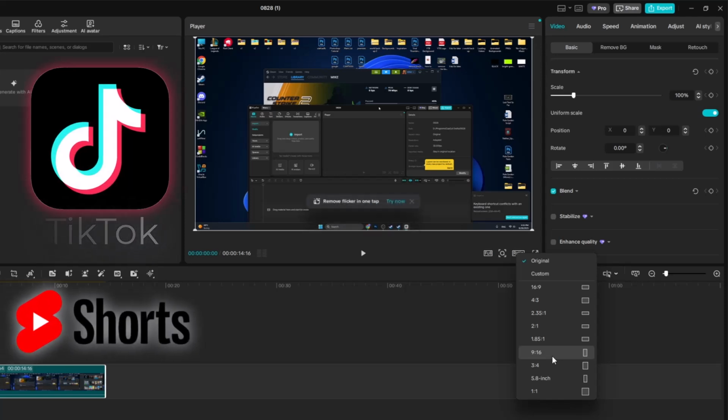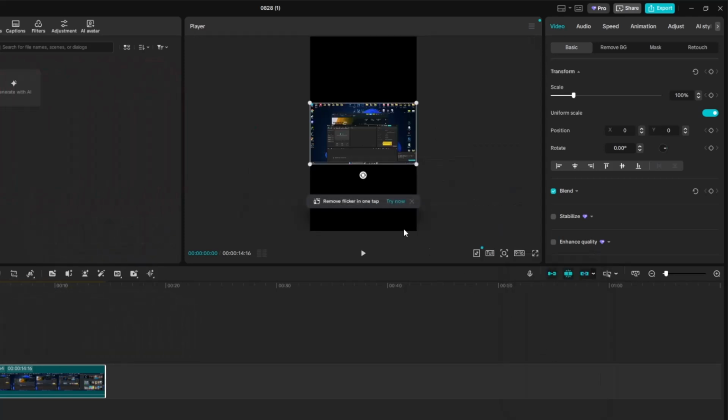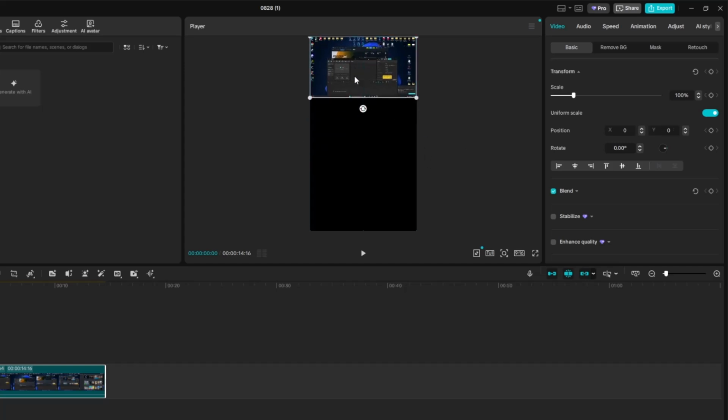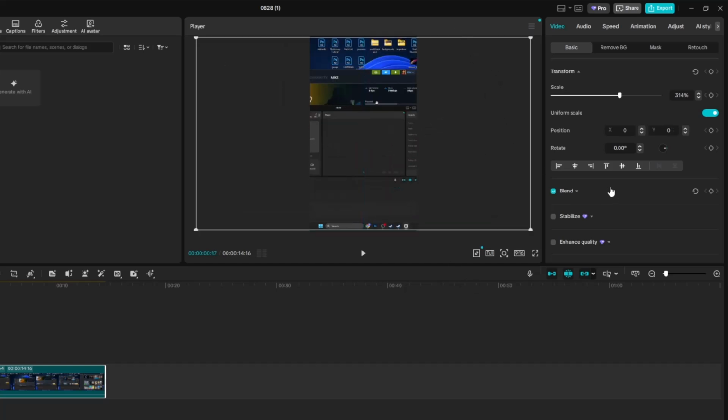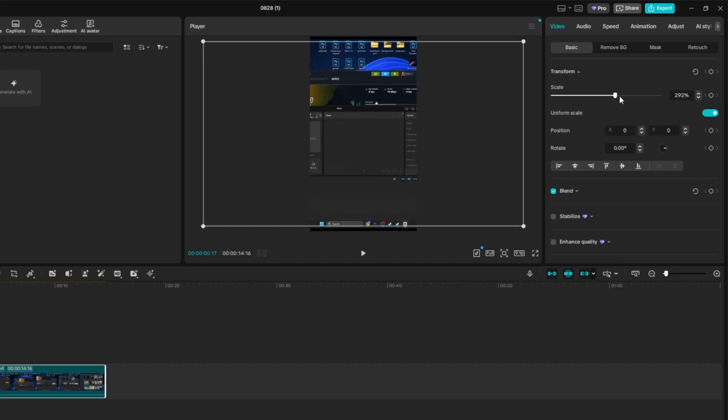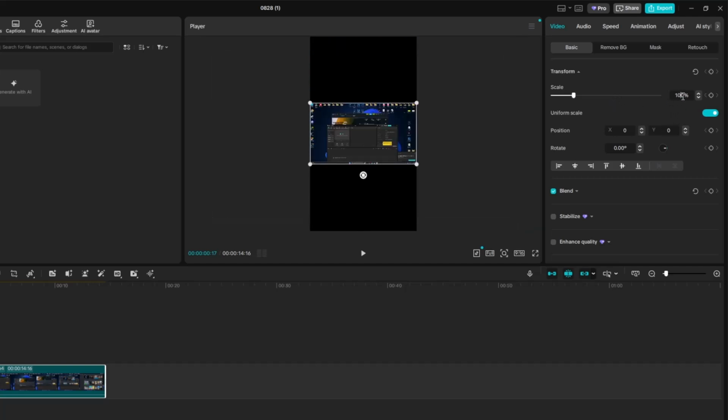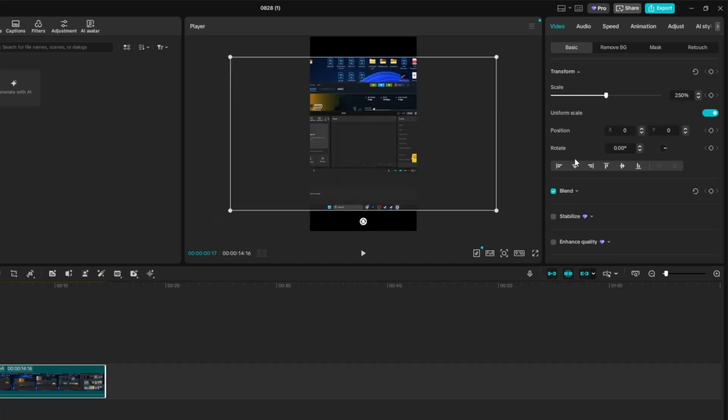YouTube Shorts format. So as an example, if I choose this one, what I have to do is resize the video now, and I have two ways to do it. Either I drag and drop it like that, now it fits perfectly, or I can do the same thing here. As an example, 100 is the default size, and if I go 250, basically it will zoom